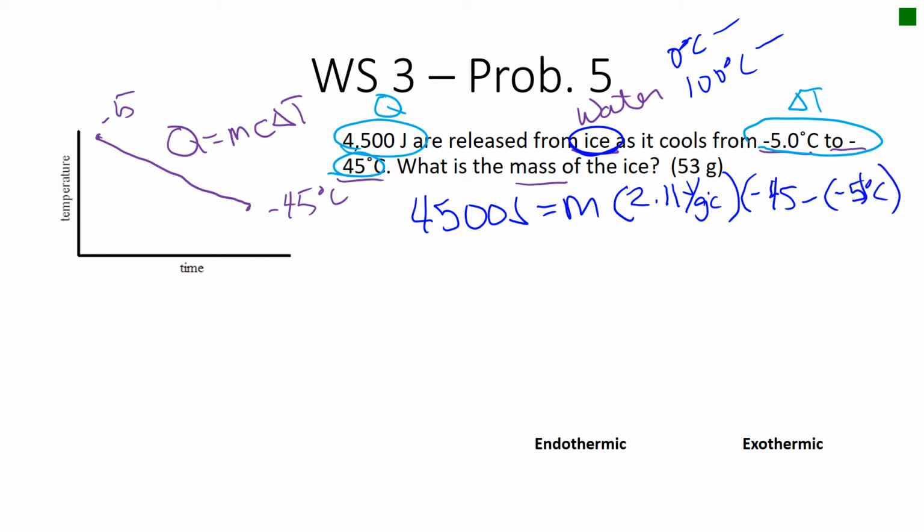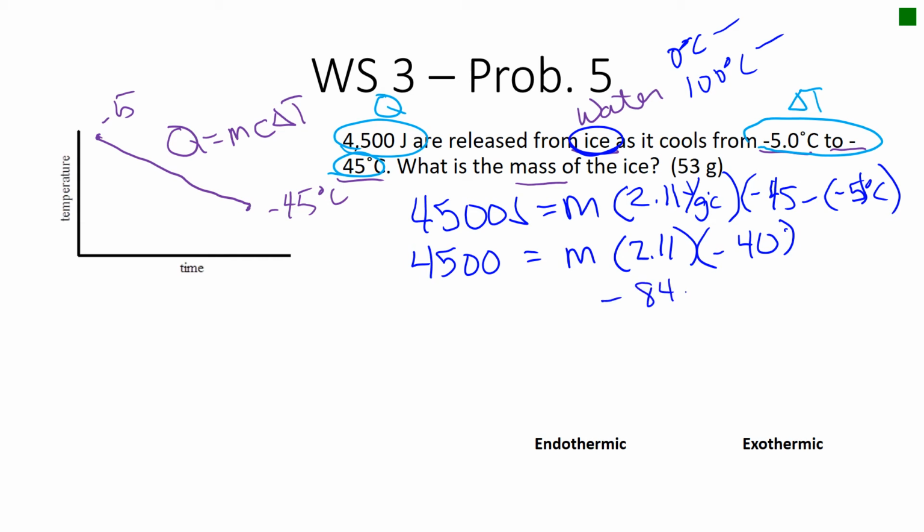Okay, so now I'm going to simplify it a little bit. I'm going to drop the units to make it easier to understand everything. So it's 2.11, and then -45 minus a -5. I know that looks really bad. That is a negative 40 degrees Celsius change. All right, so now I'm going to do 2.11 times -40, and I get negative